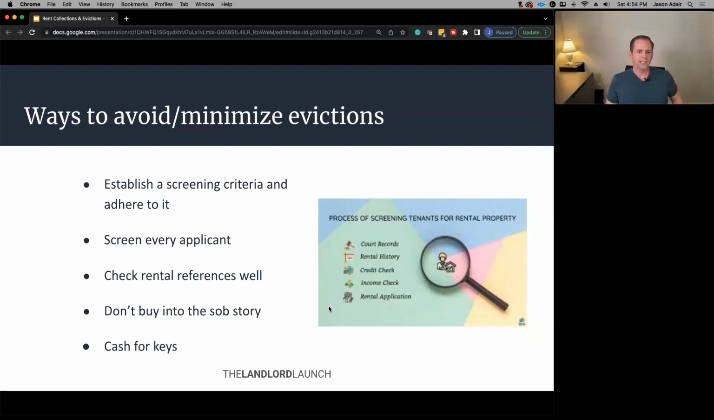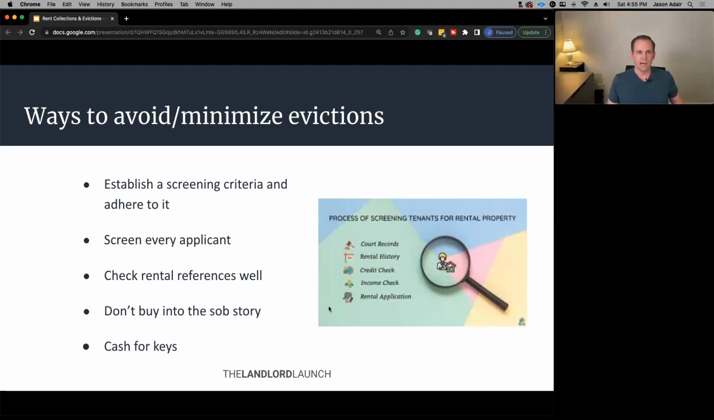Okay, what are some of the ways we can avoid and minimize the evictions that we deal with, and avoid getting into the situation in the first place? So first and foremost, set up and adhere to a screening criteria, and make sure you follow it. Make sure you apply this to everybody in a consistent manner. If you haven't watched the screening section, which I hope that by this point you have, make sure you do that. Have that in place, because what that's going to do is allow you to